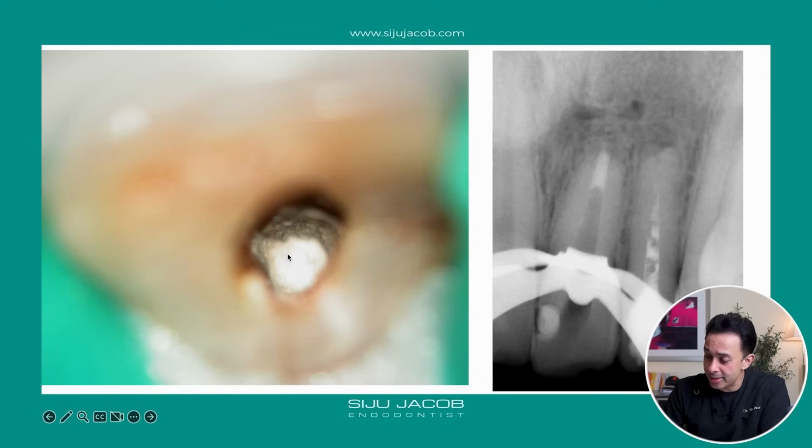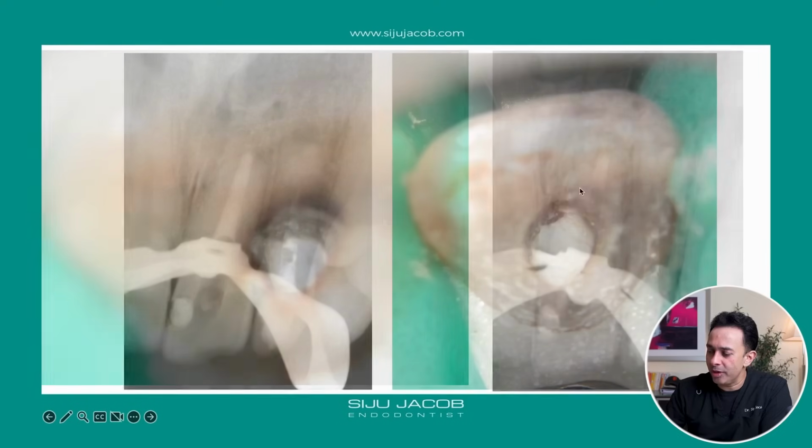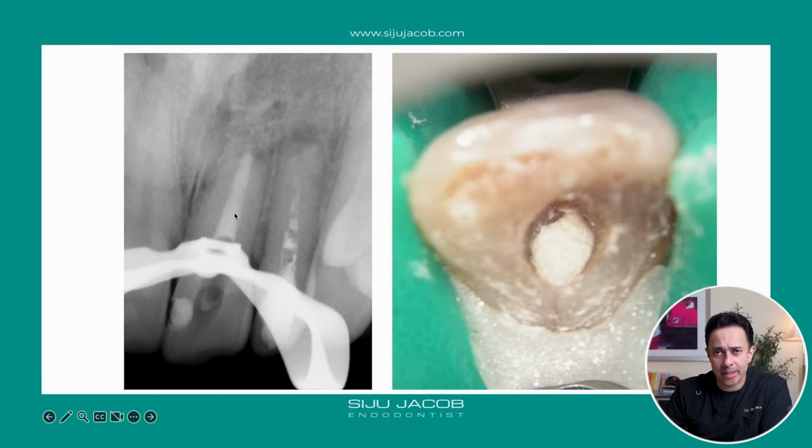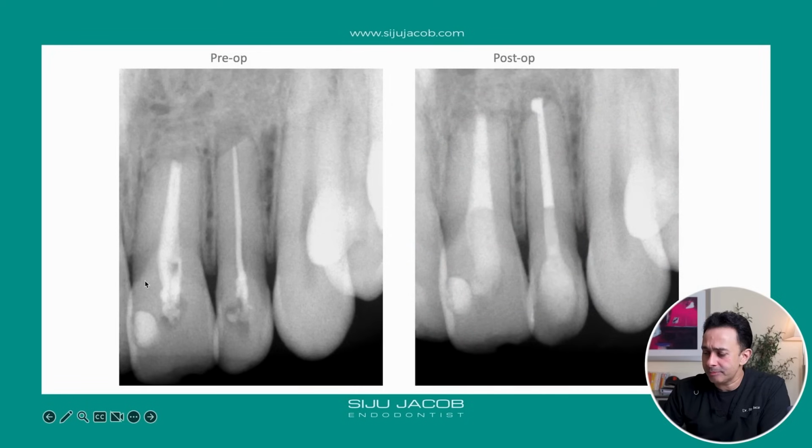So we visualize this MTA, whether or not it's sealing the apex, through the microscope, and then we verify it with a radiograph to see whether or not it's going exactly at the apex. Okay. And once you verify that, we can either backfill it a little more if you want, or you can even leave just the apical area and recall the patient after some time, ensure whether it's hard enough or not, whether it's set enough, and then put gutta percha on the remainder of the canal. But in this case, I filled a little more of the MTA, you can see here, and then we put a fiberglass post as well to add some strength.